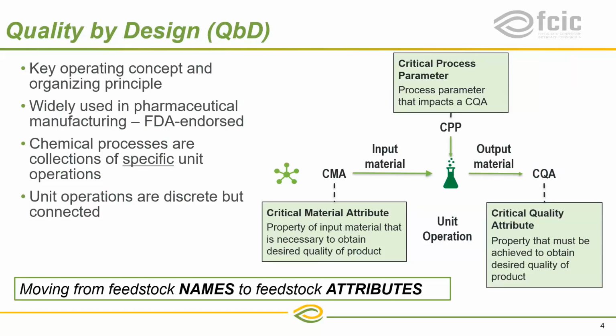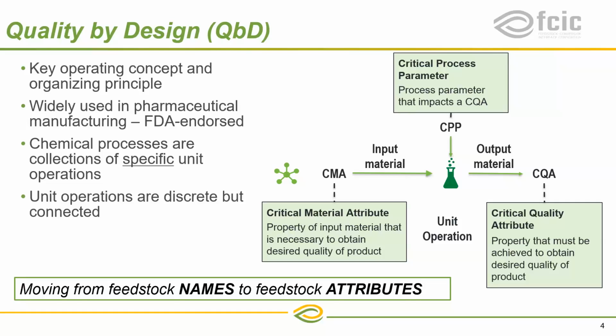The key feature here is that these unit operations are in a series. So upstream unit operations, the critical quality attributes coming out of an upstream unit operation are then the critical material attributes for downstream unit operations. But overall,